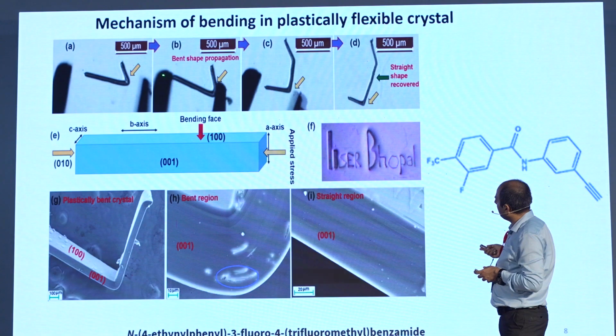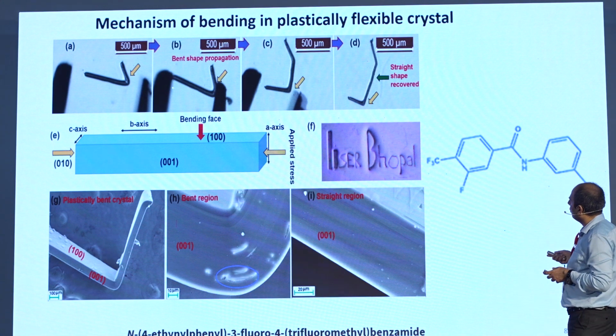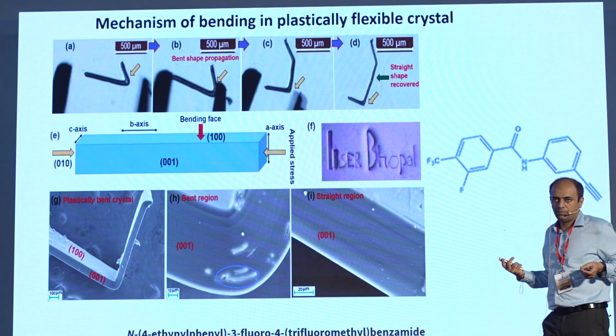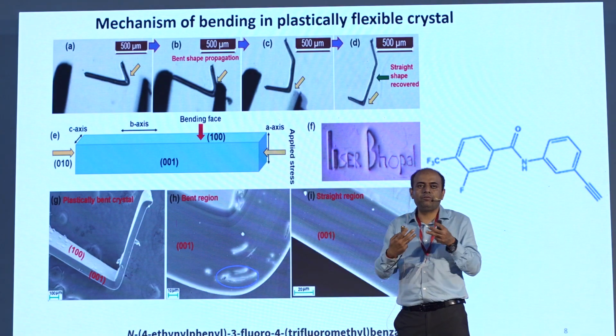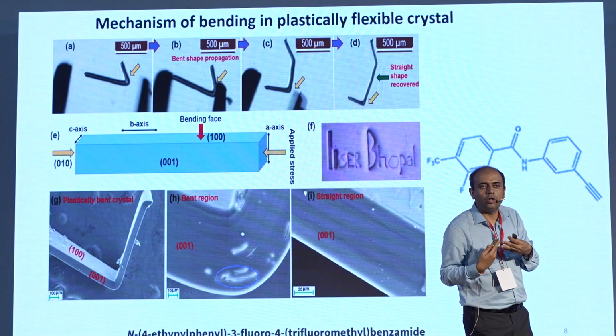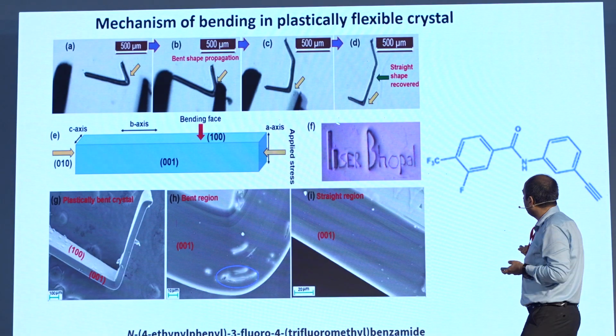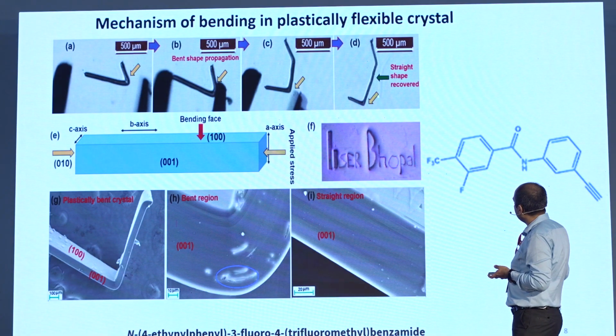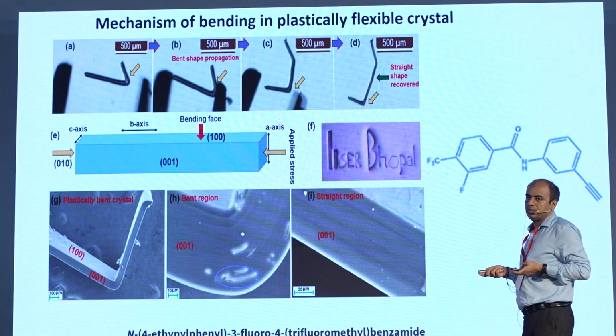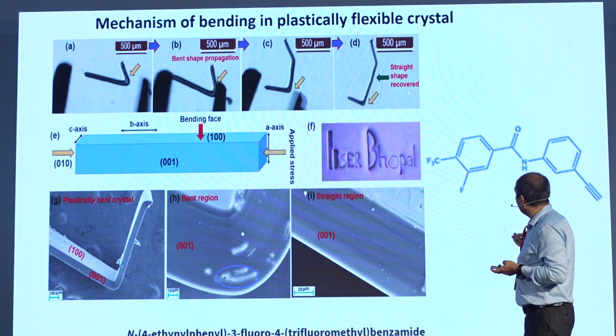So you can apply a tangential stress at the ends of the crystal, and you can actually see the deformation or the bend shape propagate along the entire length of the crystal. And then we were also able to restore the shape. Normally if you have plastic deformation, you cannot restore the original configuration, but in this case we were able to recover the original shape. And obviously there is some loss in crystallinity during this process, but overall shape restoration is